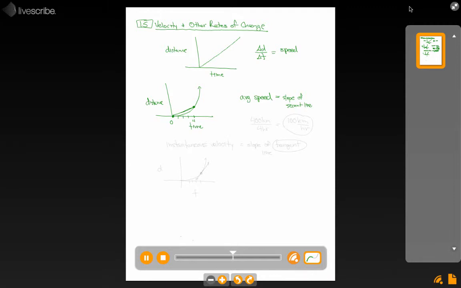So if your car traveled 400 kilometers in total, and it took 4 hours to do that, you'd say, oh, my car's average speed was 100 kilometers per hour. And that works perfectly well. But as you can see with this curved graph, the instantaneous velocities during that time were not usually 100 kilometers per hour. It started off really slow, got faster and faster and faster. So instantaneous velocity